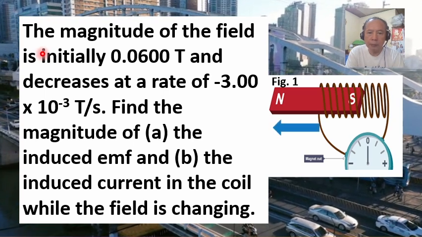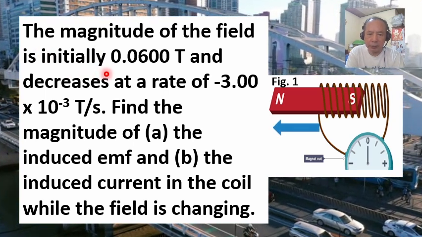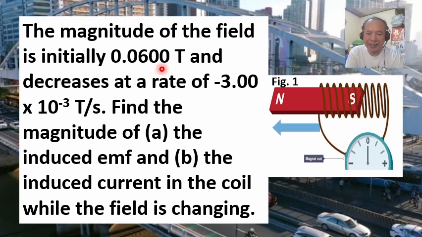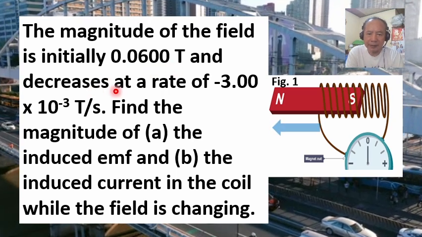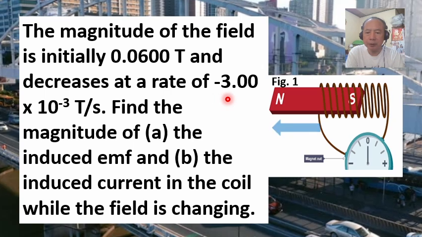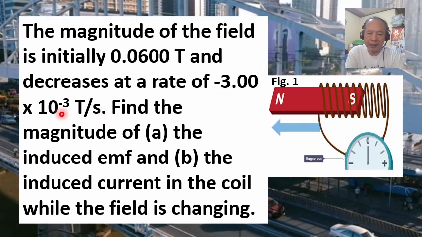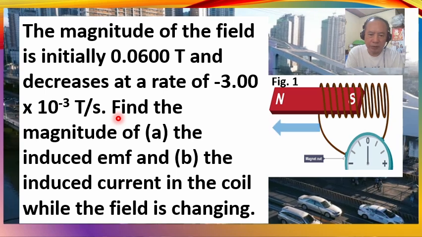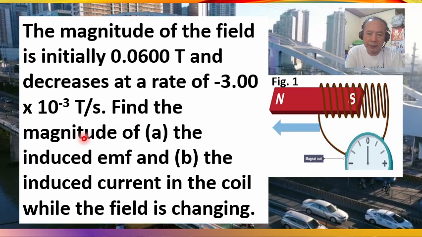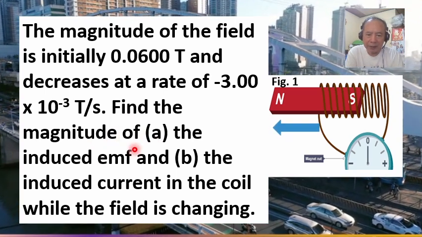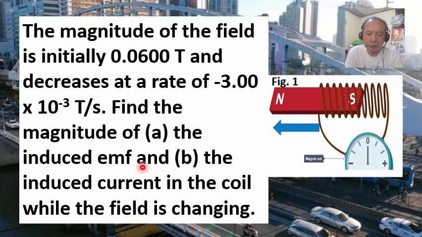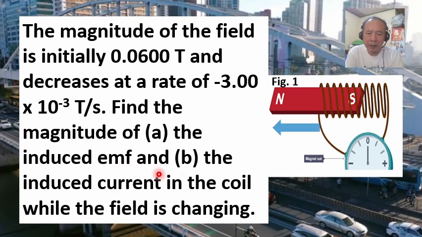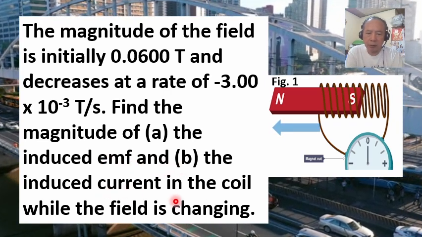The magnitude of the field is initially 0.0600 Tesla and decreases at the rate of negative 3.00 times 10 to the negative 3 Tesla per second. Questions: find the magnitude of (A) the induced EMF, and (B) the induced current in the coil